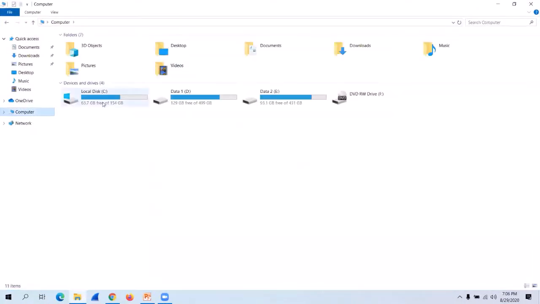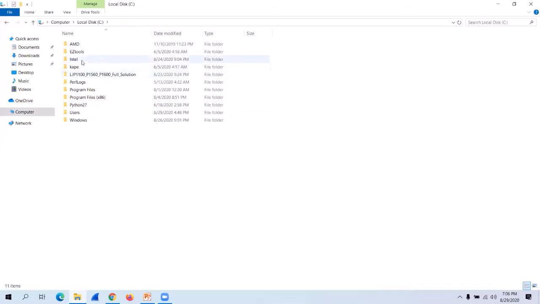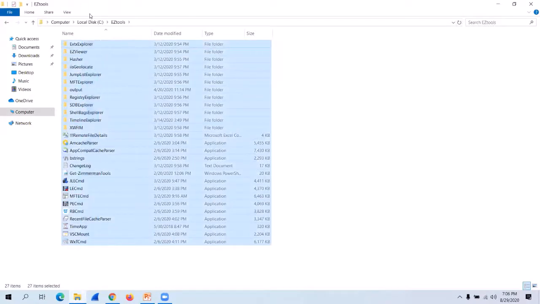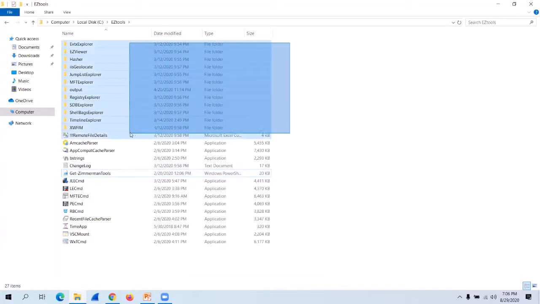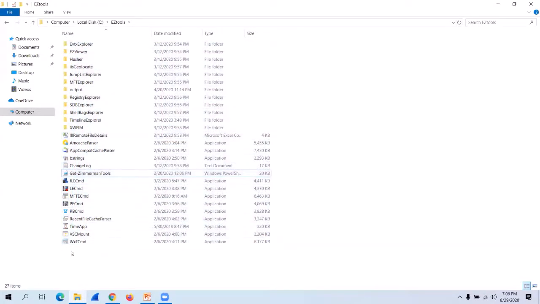Two things are very important, I would say. Anyone with a cybersecurity background, or who is in incident response or even red teaming, should have these in their system by default. There is a PowerShell script. If you search on Google, you will see Get-ZimmermanTools. You just have to download this script and execute it. It will give you all the up to date tools by Eric Zimmerman. Whatever artifacts we have mentioned before, all these artifacts are parsed by these tools. Basically, they are parsers for each and every one. Okay, we can take one example.